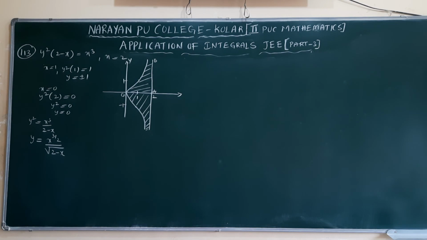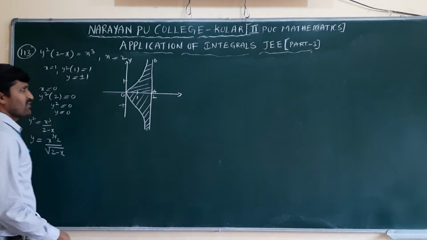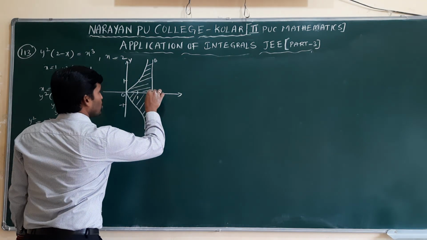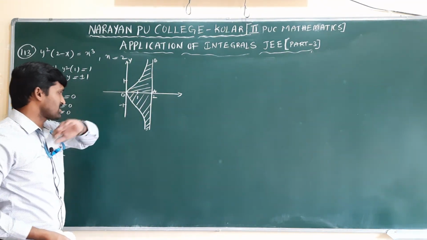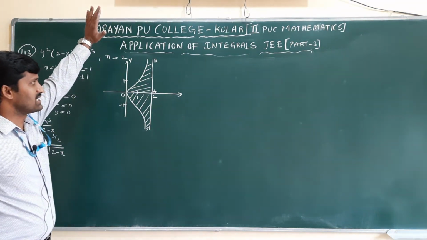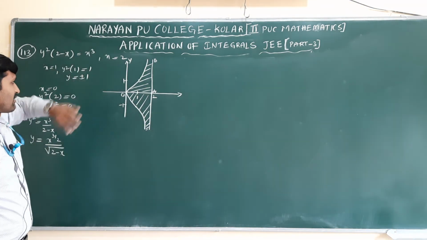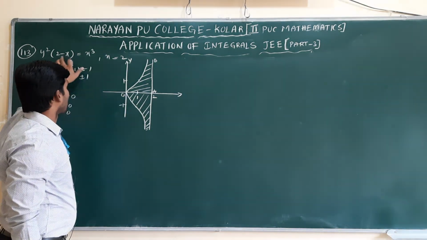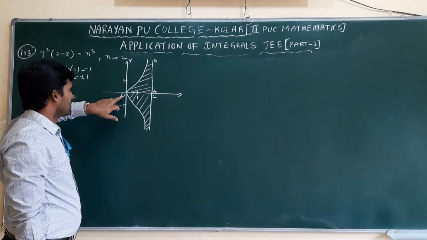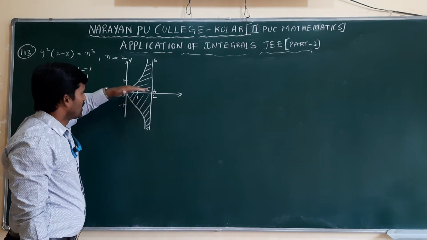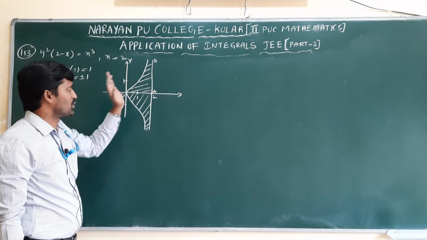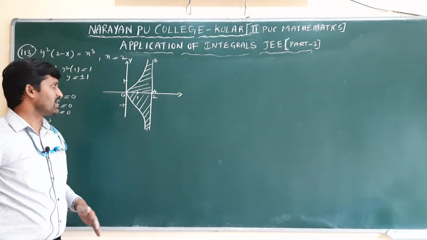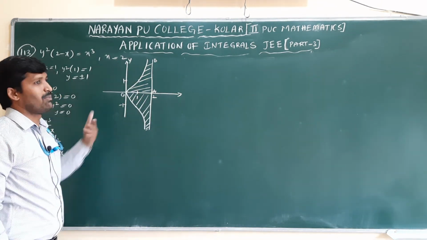This one we can't integrate directly. The reason is, from where to where is it? Taking with respect to x, 0 to 2, not 2 to infinity. With respect to y it is difficult, converting again like values. We can't convert completely in terms of y. So 0 to 2 is this area, where the curve value is towards the positive side. But we need both areas, that's why we take double.